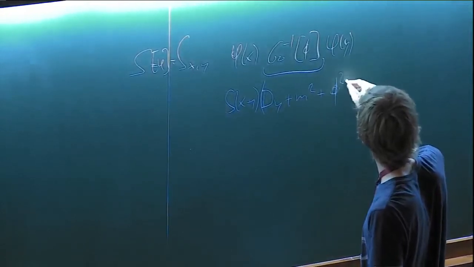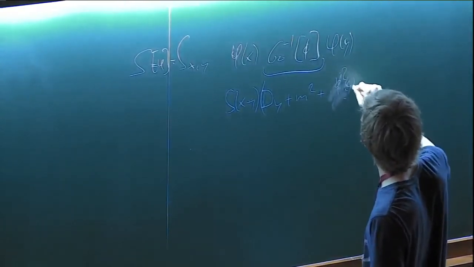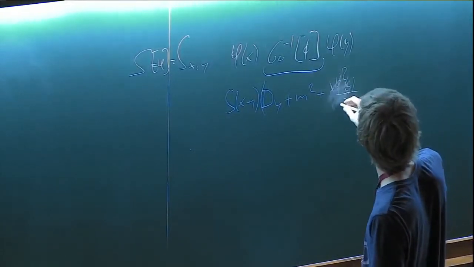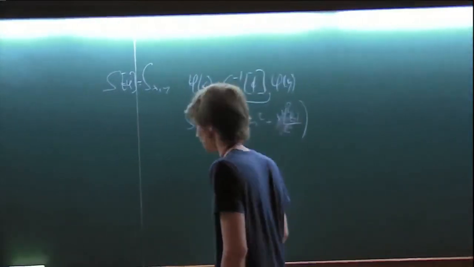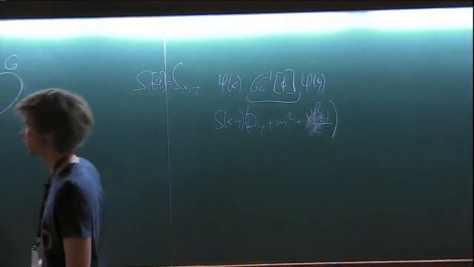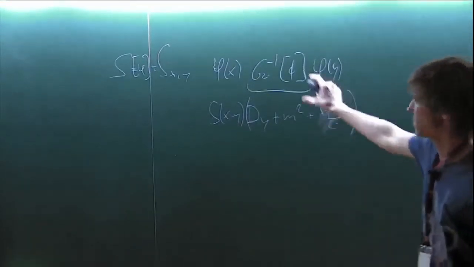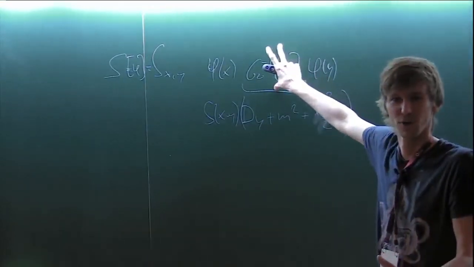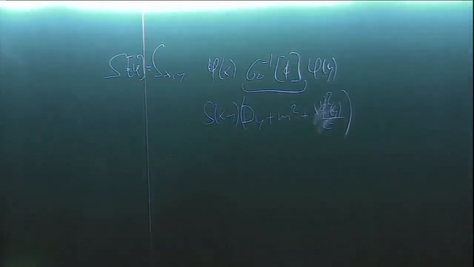plus phi squared of y over 2 lambda, something like this. This is just a free inverse propagator, the thing that appears in the quadratic part of our action, whereas G is actually what is up here. That's really the quantity that we're interested in. That's what's actually characterizing the correlation functions in our system. Yeah?